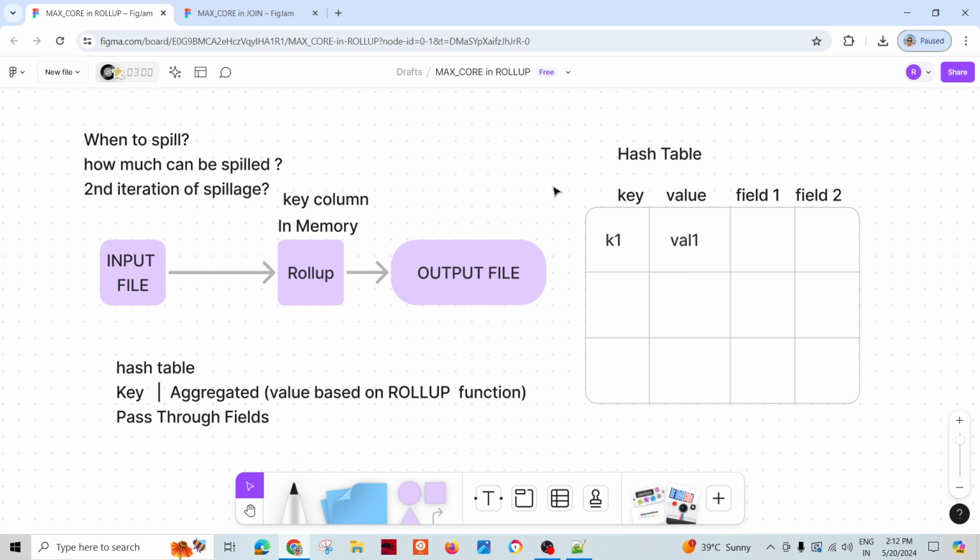But in the ideal case, if altogether this size is less than the max core memory, it doesn't depend upon the input file or the size of the input data, but it does depend upon this. Okay. And how much can be spilled? In the case where the hash table size is less than the max core value, nothing will spill. But in the case where